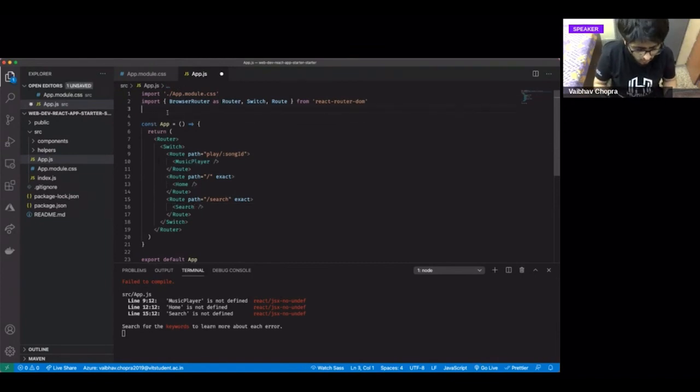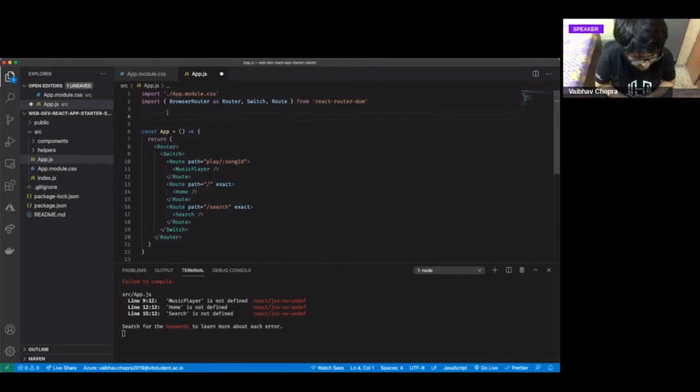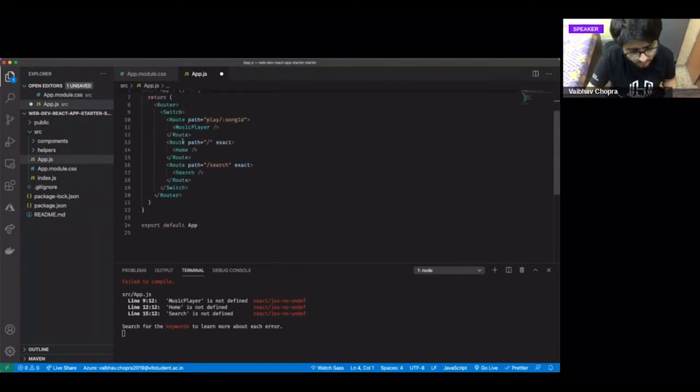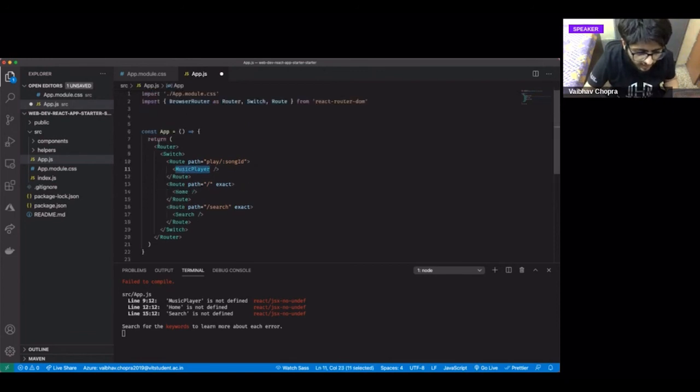So let's go and quickly make a few components. What is a component? A component is a function. Even this app.js, this app function is the component. A component can have several components as its children. Okay, so this music player component in a way is the child of the app component.